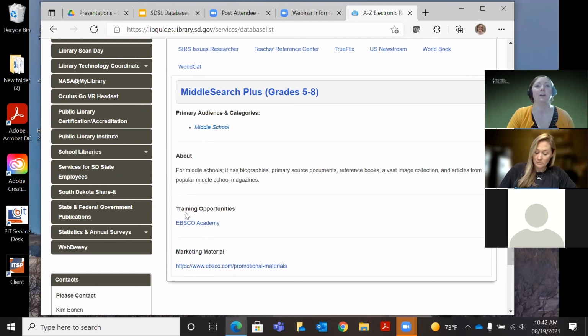And below here, training opportunities. I can click on there to go to EBSCO Academy. And marketing material is down here if I want flyers, posters, bookmarks, different information. And if you don't find what you're wanting on here, let me know. I can set up a training, or I can look into what you're wanting if you're not finding what you need.